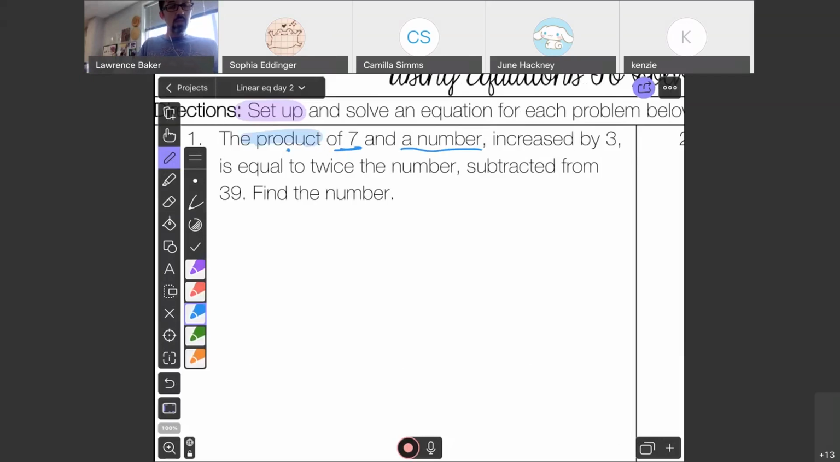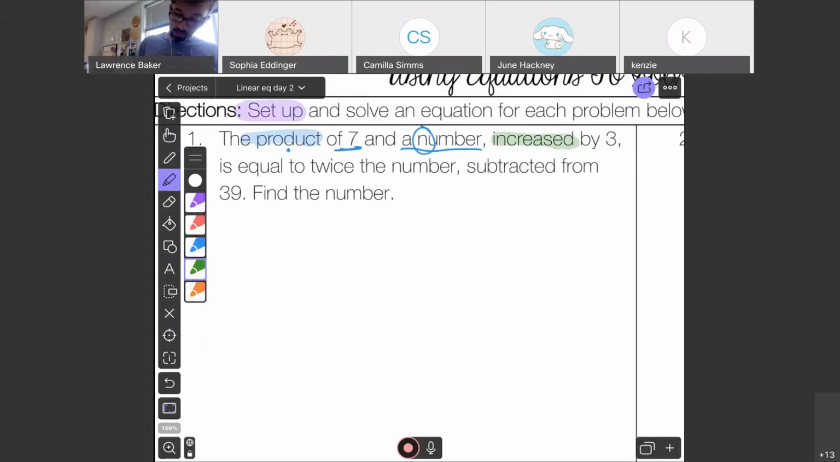So we get to decide what to call this number. We have to call it some letter, since it's not a number that we know yet. So it can be X, it can be A, it can be P, it can be Q. I'm just going to call it N since it says number. If you want to use a different letter, go for it. So the product of 7 and some number, I'm calling that N,